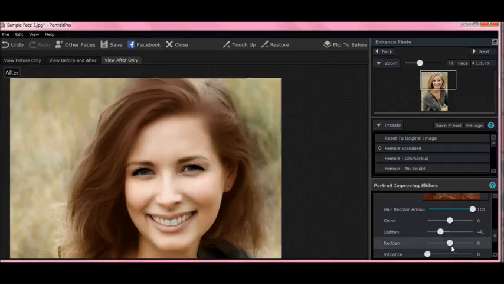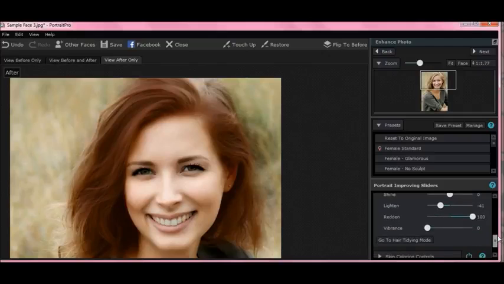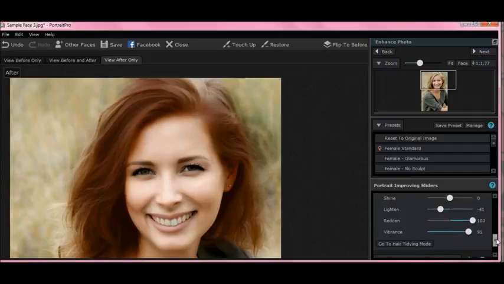Now there's one here that says redden. That's a little better. Scroll down and there's vibrance. Yeah, it's a little nicer. Okay, now,